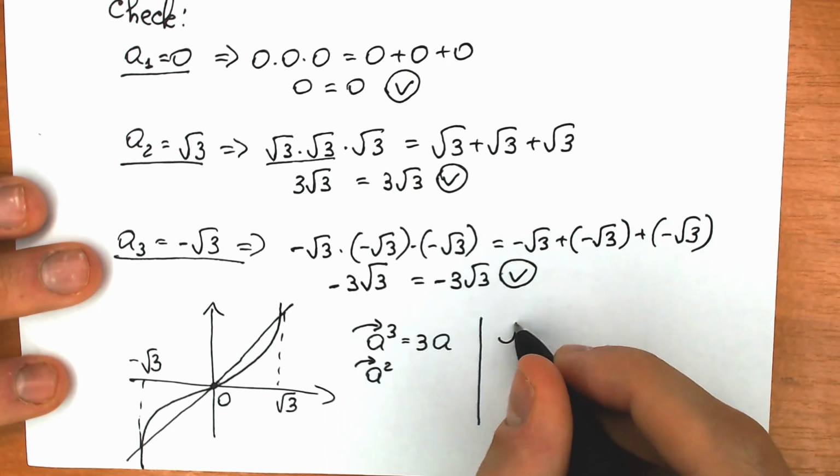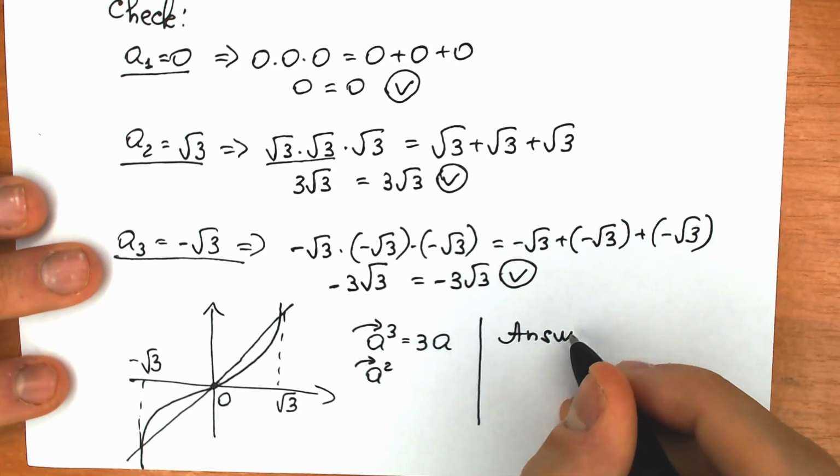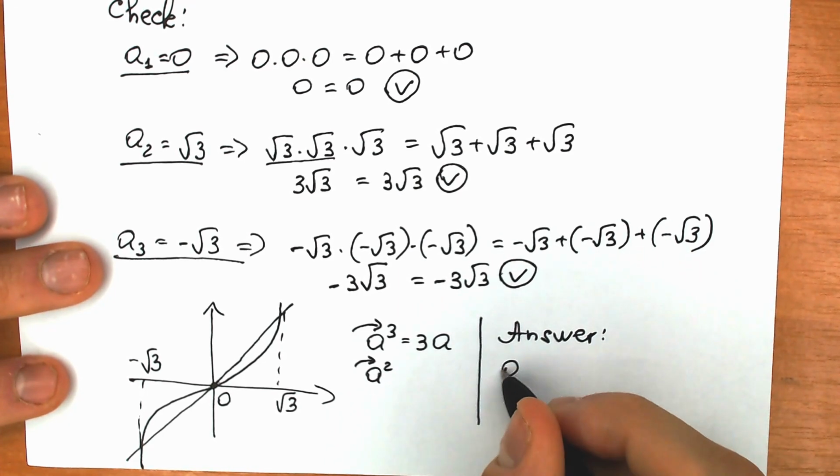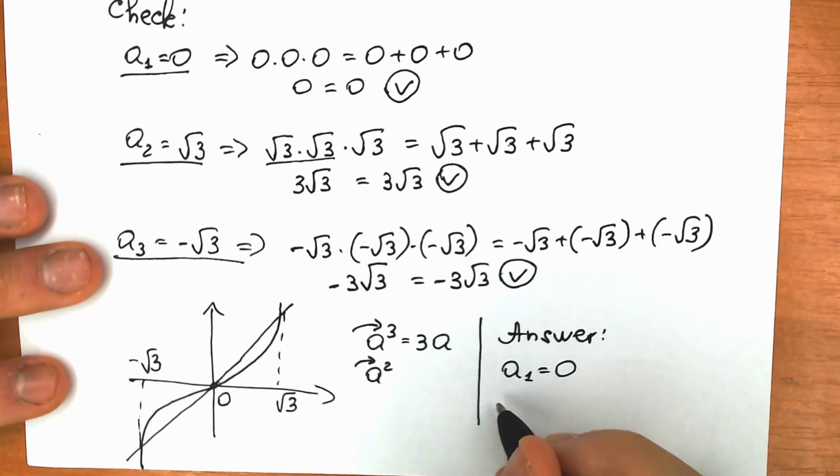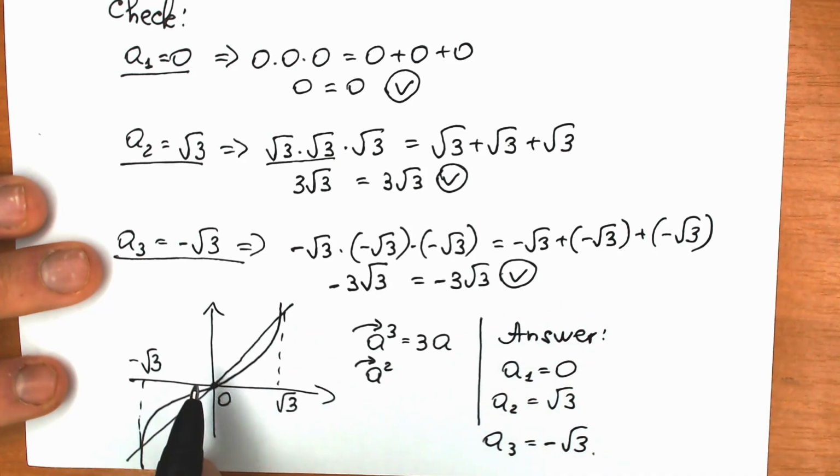Let's write our final answer to this question, because a lot of students think that the answer is a first equal to 0, but as you can see we find our a second equal to square root of 3, and a third is equal to minus square root of 3. This is my graph. You also saw a graph from the math library, so you can easily see that it is an absolutely great